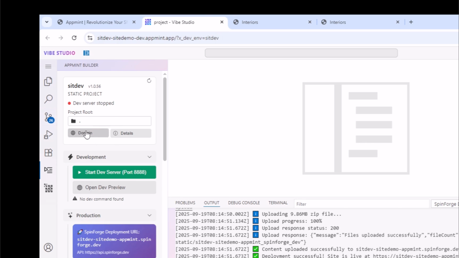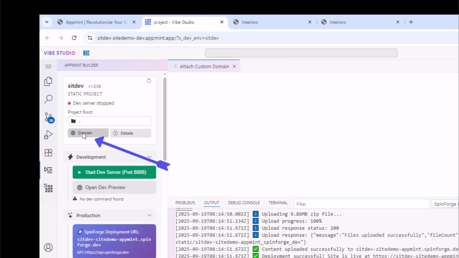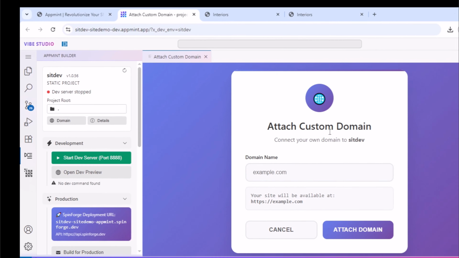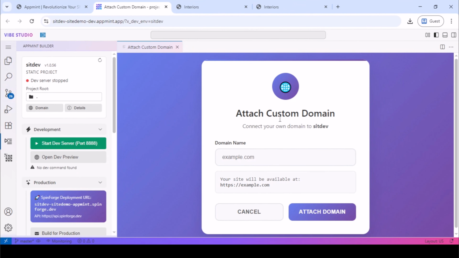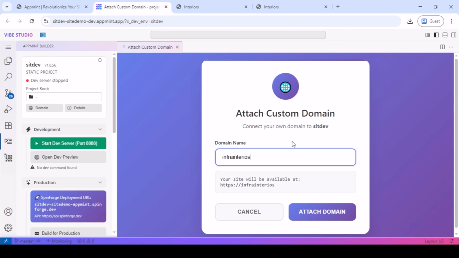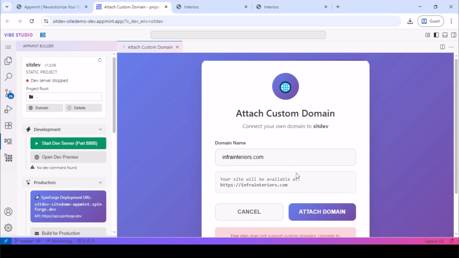All I have to do is click on this domain. When you click on domain, you're going to have this pop up. So let me just close this tab for the development server. Then you are going to have a pop up which says attach custom domain, connect your domain name to this. Then you enter the domain name that you want to connect, and let's say my domain is infrainteriors.com. All I have to do is click on attach domain, and then my domain name is going to be